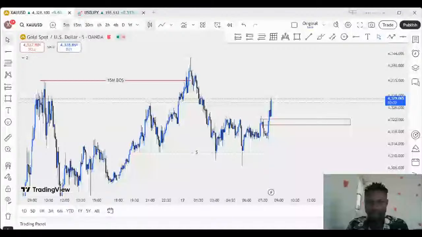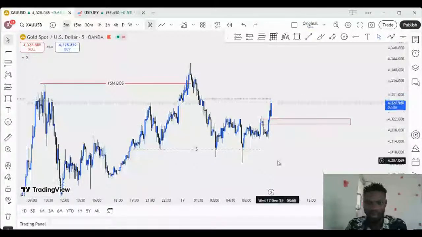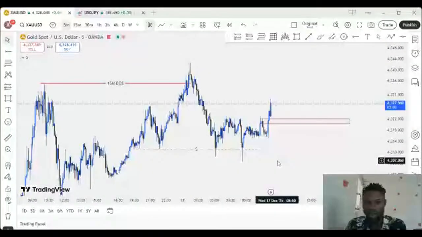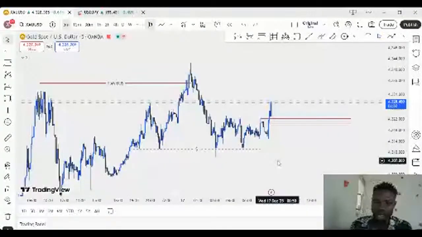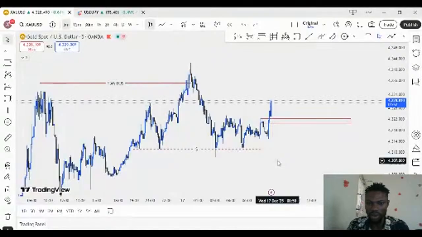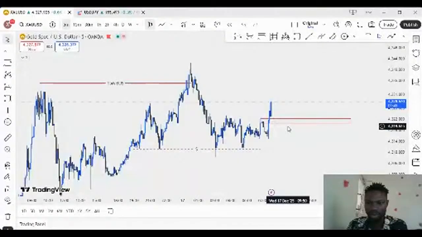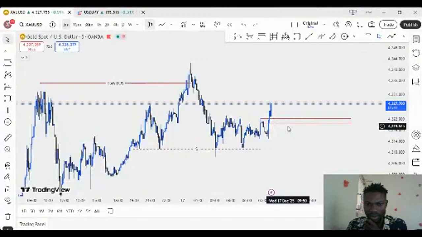Let's still hold on. Gold is playing a mind game. I believe it's still going to drop to give us an entry. It's still going to drop. What we want to see is an entry, but we don't see it, so we let the market go. But I still believe this gold is coming back to give us an entry there. And this is my zone here.